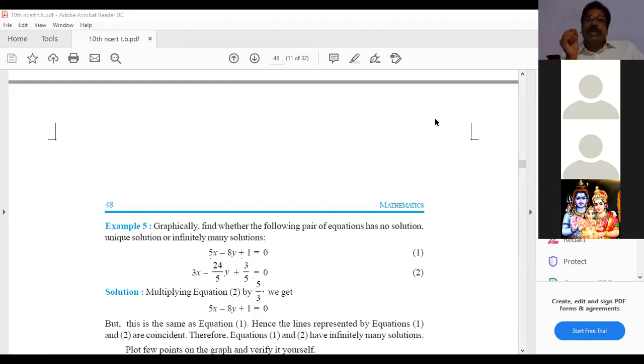And those who are talented, all are talented only, but those who are top grade, they can solve optional exercises also. That now I will not tell. At last, if the syllabus is completed, I will make you do the optional exercise also yourselves. Optional exercise will not be asked now. Generally they will not ask in the exam, but sometimes in hard questions for higher order thinking, they change the numbers and ask the optional exercise questions only. So after the syllabus is over, you can touch those sums also.